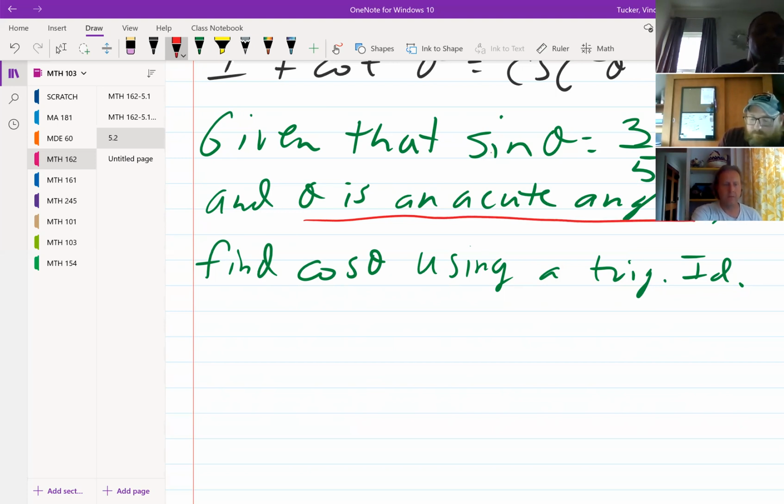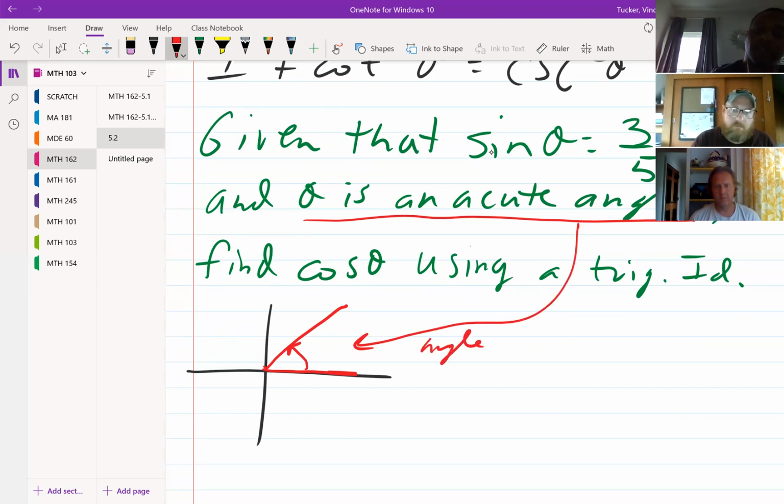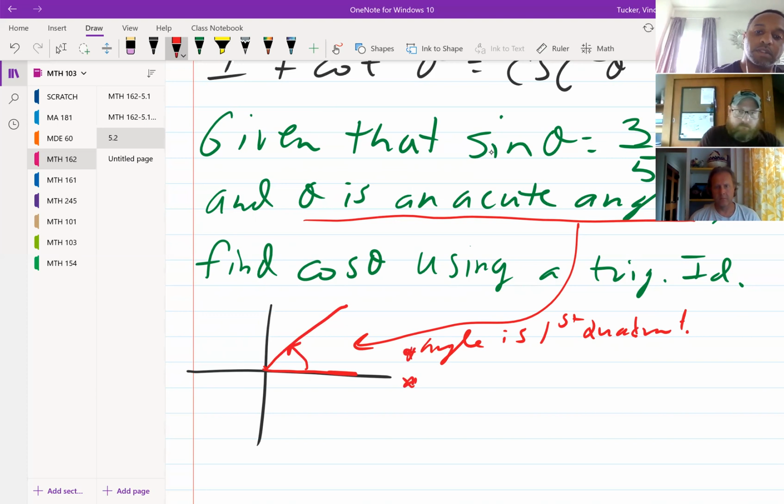Now remember, we're dealing with our angles in standard form. If our angles are in standard form, that means this is our start, our initial side, and our terminal side, and it's positive. It is going this way. So if it's an acute angle, that means our angle is going to be in our first quadrant. And if our angle is in the first quadrant,